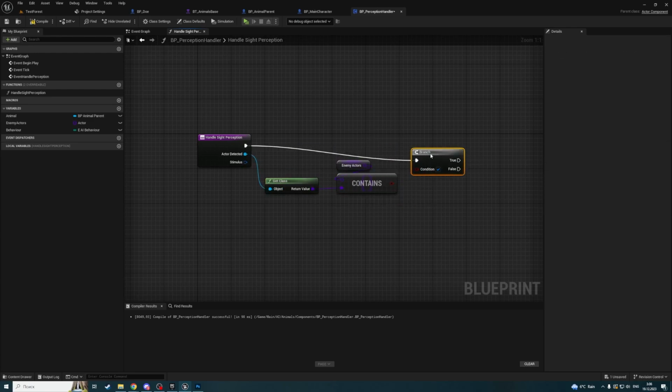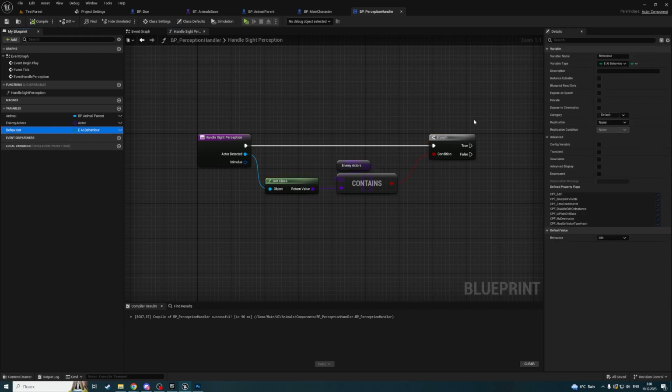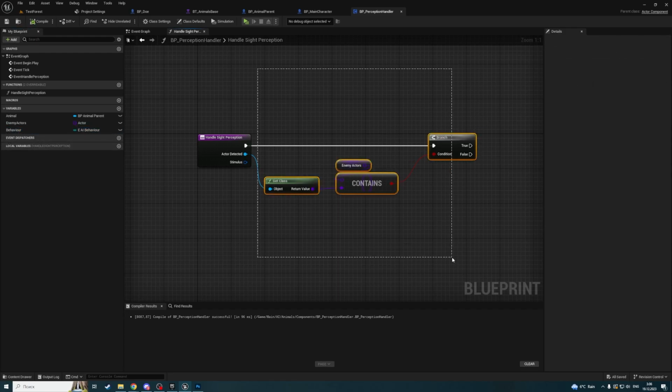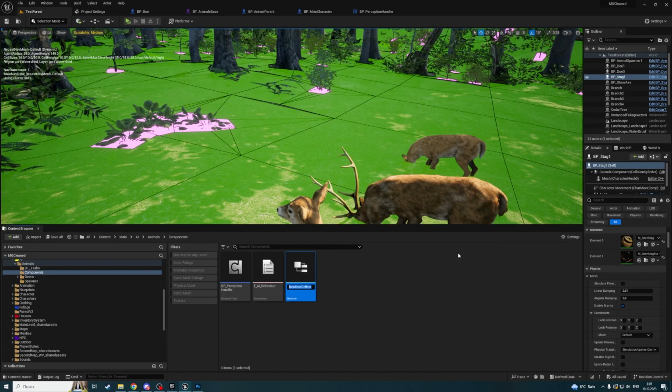If it is so, then we should change our behavior to run away, but we don't know from whom to run away. So let's create a new structure and decorate our behavior. So it will be AI behavior,